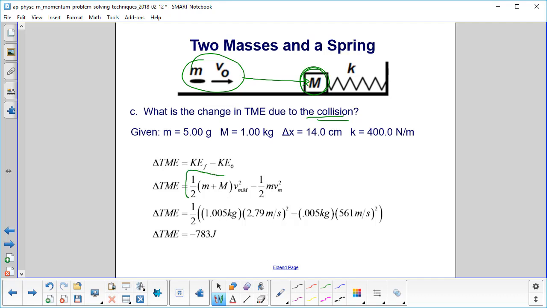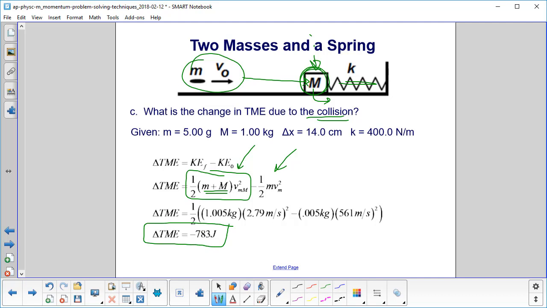And here's our final. Right? It's the initial velocity of the pellet mass system as it starts taking off. And obviously that velocity will keep changing as it compresses the spring. It will start slowing down. But once again, we're just interested at the change right at impact. So it'll be your initial velocity of the pellet block system times the double mass here, little pellet plus the big block, minus your initial kinetic energy of the pellet moving at that higher speed. You substitute in your numbers, and you find that you lost 783 joules of kinetic energy, of total mechanical energy